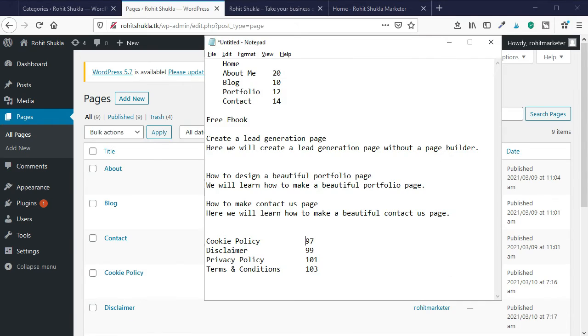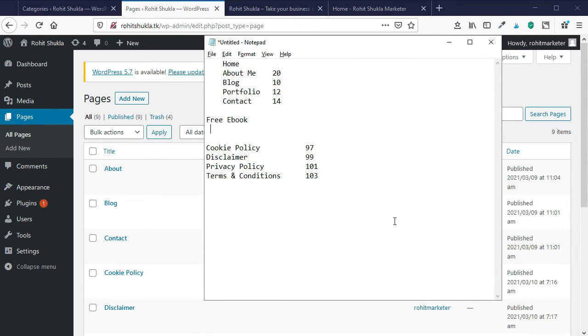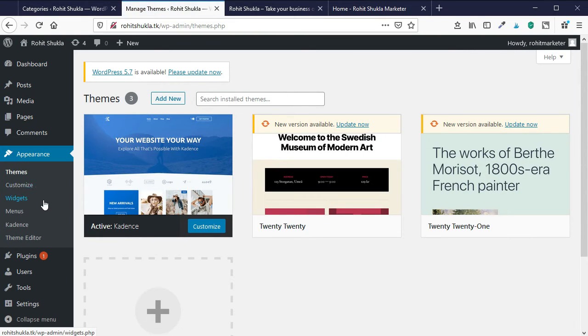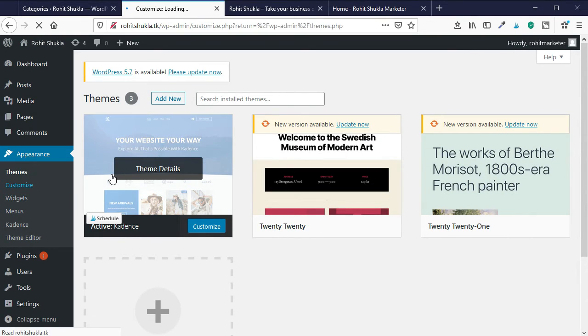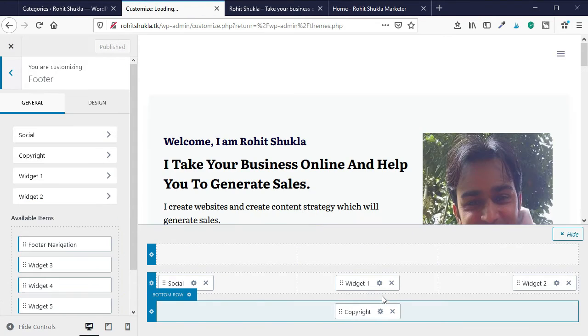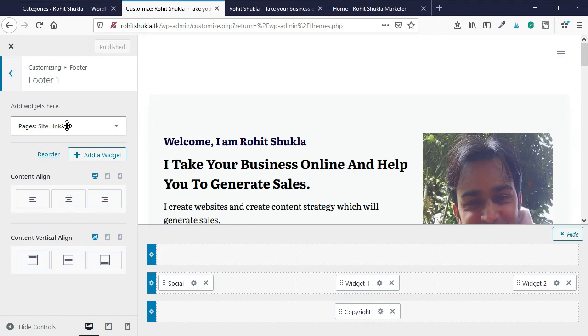On Notepad I have written all the page names and the page IDs. You can also do that, and we will use these IDs in the widget area in the footer section.